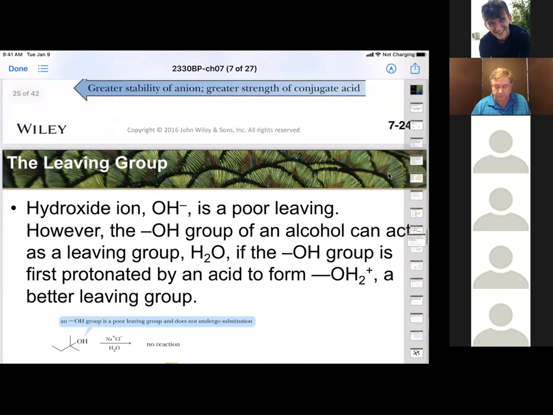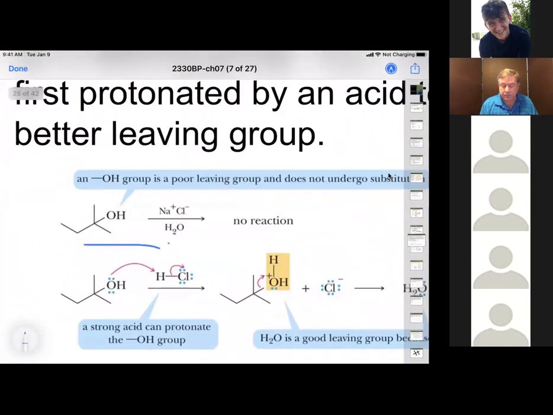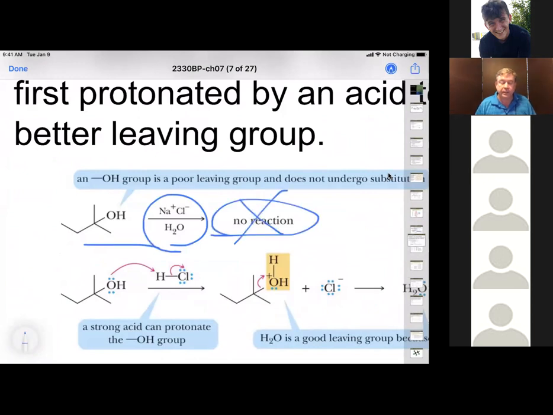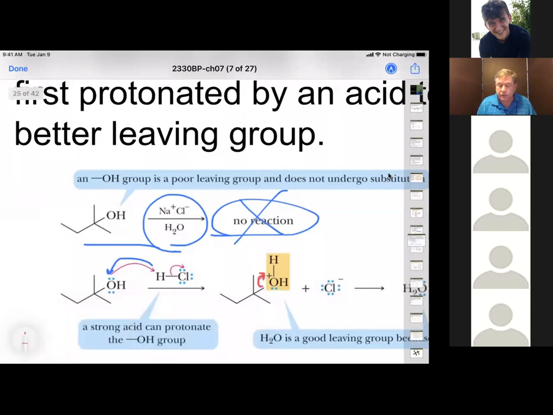So what else? Okay. Now, we can get the OH to leave. However, we typically have to do it by protonating it first, because when we protonate it first, that makes water our leaving group. So even though hydroxide is a poor leaving group, and we cannot just displace it with a nucleophile, because there's no reaction that's going to happen since you have hydroxide as a product, what you can do is protonate it by using the lone pair on the oxygen, getting to this oxonium cation. This oxonium cation can then take the electrons from the sigma bond and turn into a neutral species